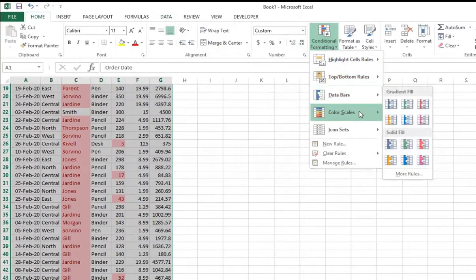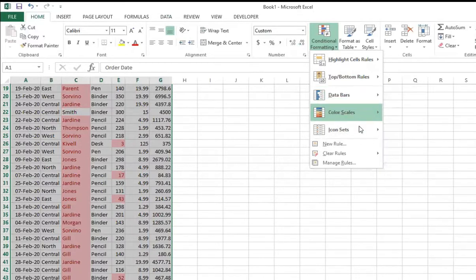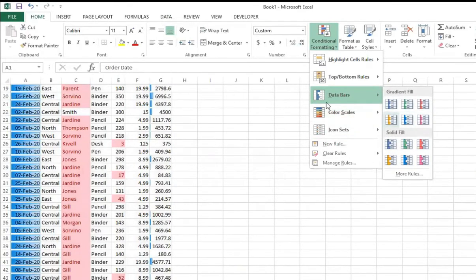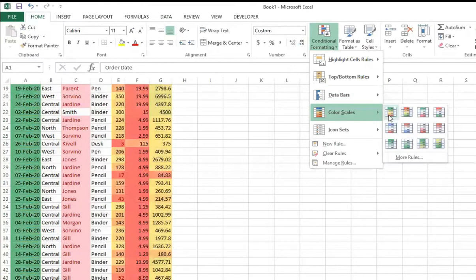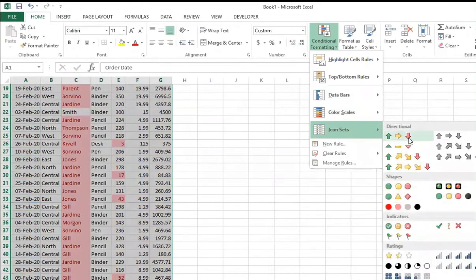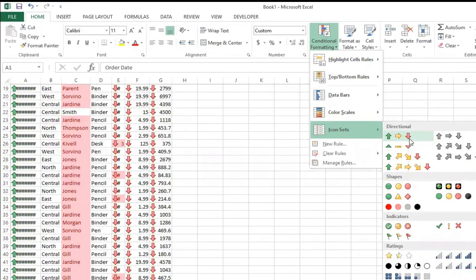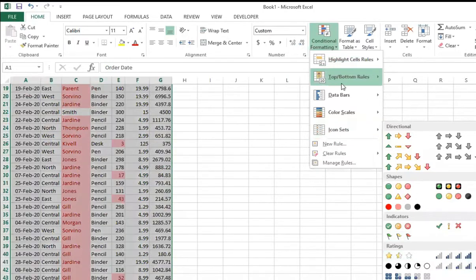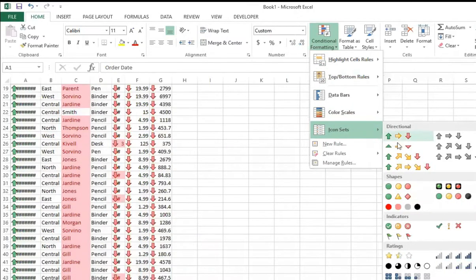Now coming to the interesting representative bits, which we will even combine with the dashboard. These are gradient fills, for example, data bars. We have color scales to show red, yellow, green. We have icon sets to show the arrows. I'll show you the application of it now. So the rules can be created as per your own whims and fancies.